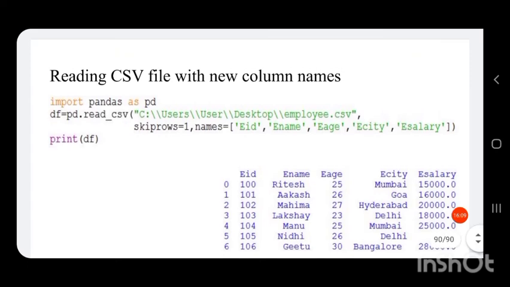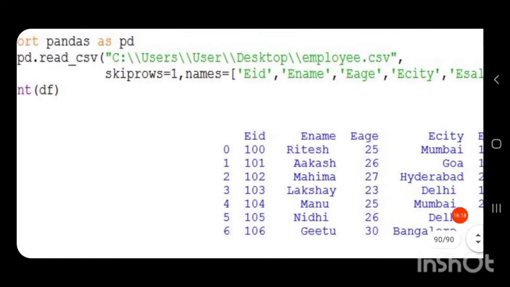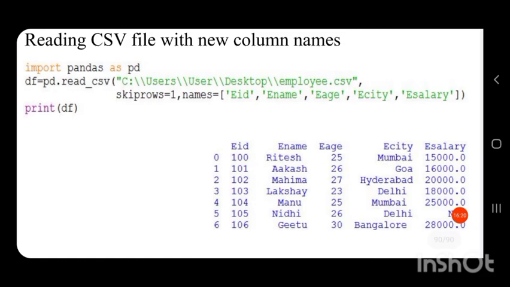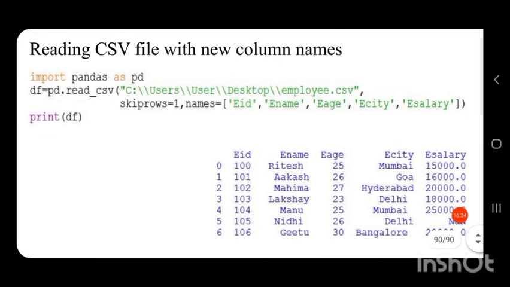So this program is to rename the columns, reading the CSV file with new column names. So we can rename our old column names with new ones.